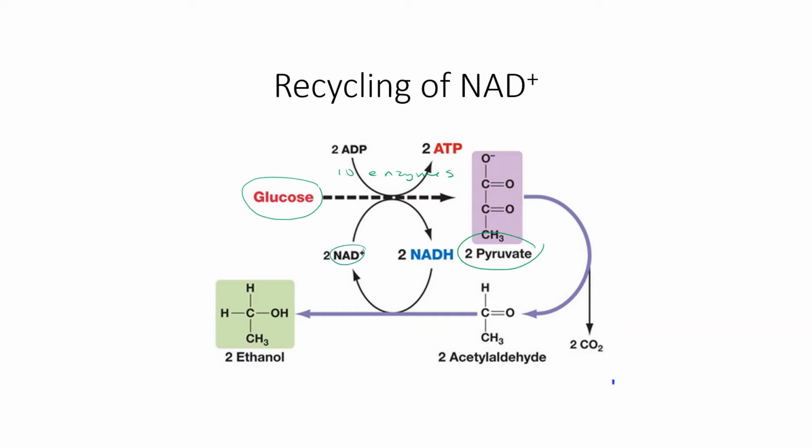Those two hydrogens are made of 2 electrons and 2 protons, remember your chemistry class, and of those, the 2 electrons and 1 of the protons will get accepted by the NAD+ as part of the enzymatic conversion. So what you end up with is NAD+ plus 2 electrons plus 1 proton,